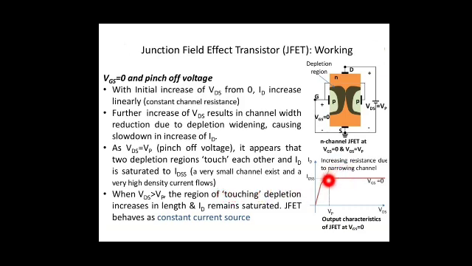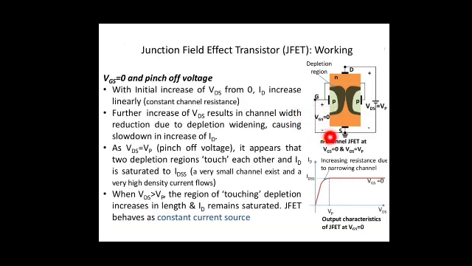So here you can see after VDS is greater than VP, your JFET acts as a constant current source. That is, IDS will remain constant. Even though you are increasing VDS, IDS will remain constant. Okay, so the maximum value of current IDS which occurs at VGS equal to 0